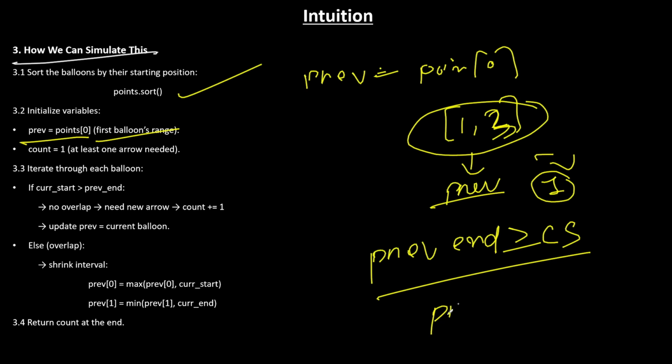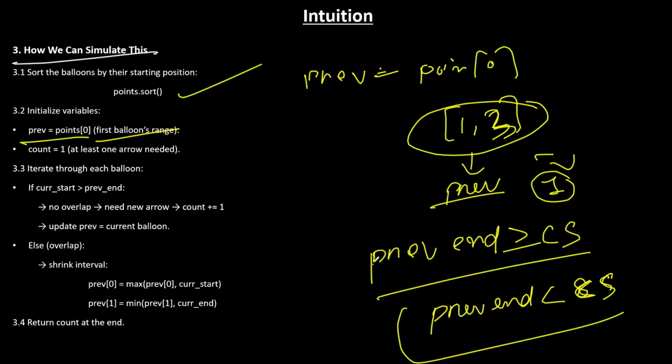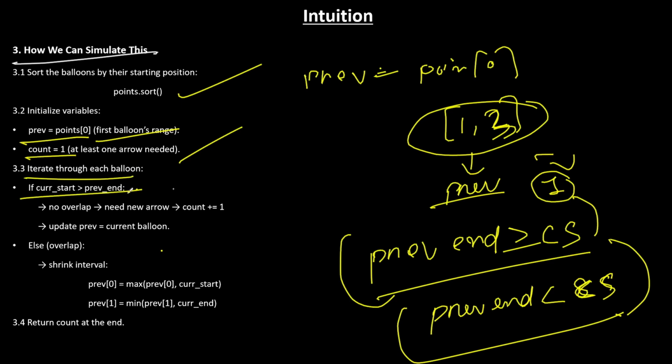Another will be if previous end is less than the current start. So we can see this point 4 also got changed a little bit, right? I hope you have understood this particular thing. Now we will have the count as one, since at least one arrow is needed. We'll iterate through each balloon, right? And if we find that the current start is greater than the previous end, there is no overlap. That is why we require a new arrow for it, and we will update the range, because